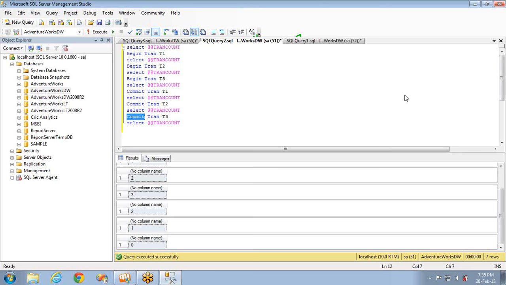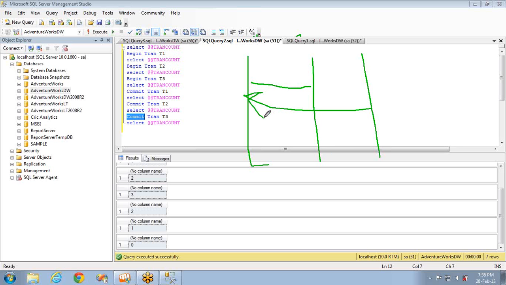For example, to draw that, if these three are the transactions that are running, and you commit the first ones and roll back the outermost one from here, then everything will be rolled back. Nothing will be there. So it depends on the outermost one. If the outermost one is rolled back, then everything will be rolled back. Nothing will be committed. No changes will be taken into consideration.